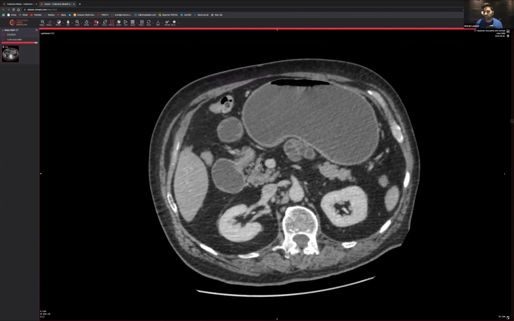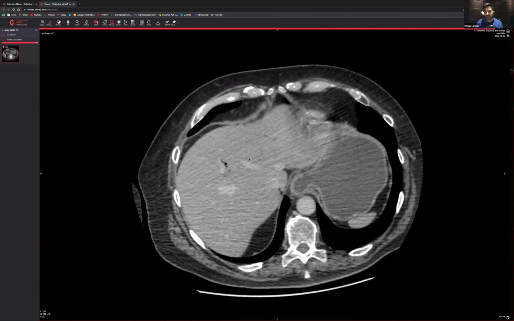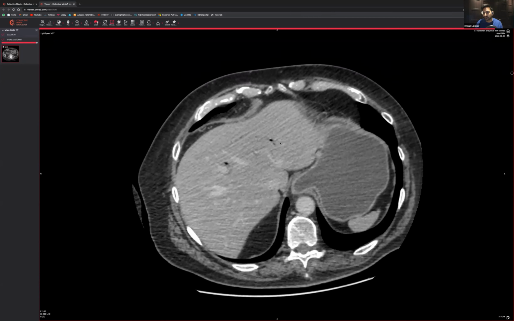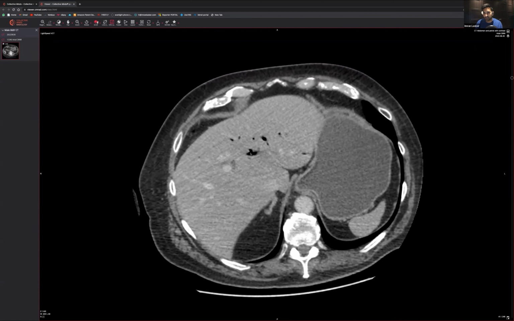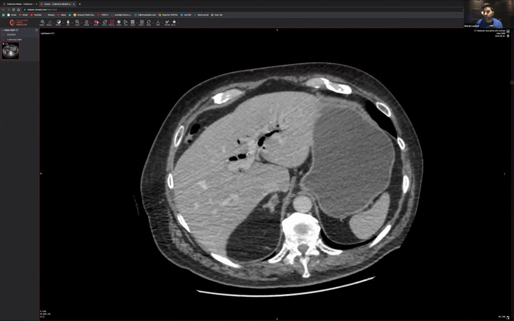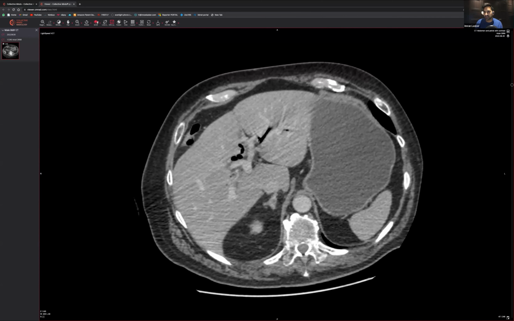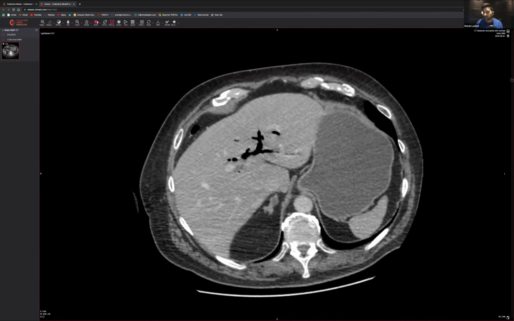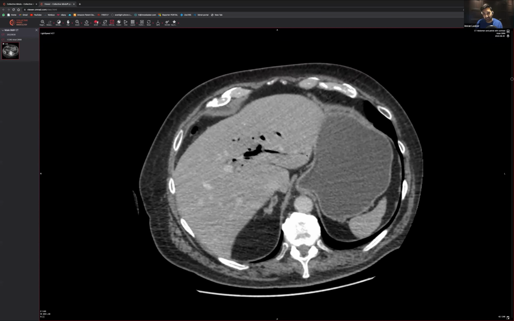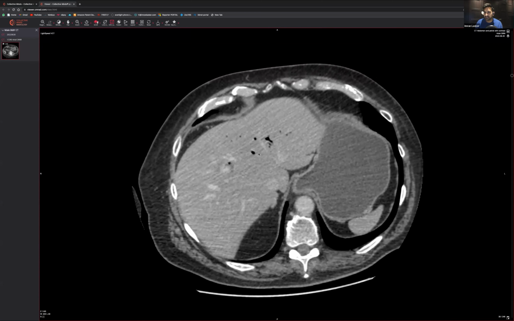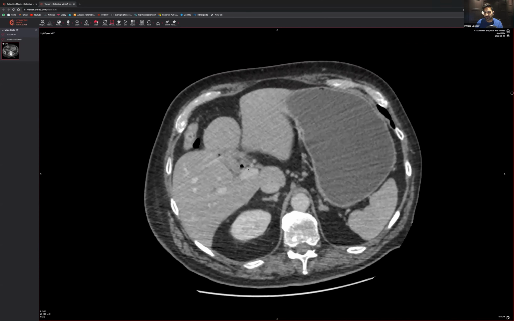So let's confirm or refute what we thought. From the x-ray, exactly like we saw in the x-ray, there is air within the biliary tree. You can see that. We know it's not in the portal vein because the portal vein is sitting over here. Also, the air doesn't go all the way to the edges. If it went to the edges, then we would be worried that there's portovenous gas. If it goes within, not all the way to the edge, that's probably going to be biliary air. And you can see that the biliary air goes all the way along into here.